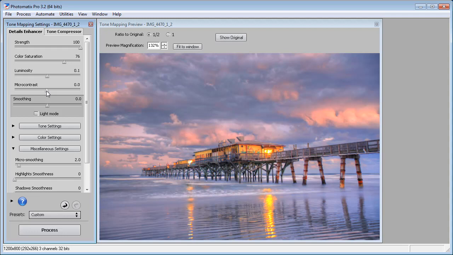Micro contrast, I'll crank that up to get more contrast, but I usually keep it around 4 or 5. Smoothing, I actually click light mode and use low setting, and this is actually the first place I go when I start tone mapping my images. Here is click on light mode and then click on low setting. I do that because I get the best results from that, and, you know, do what works best for you. Okay, so for tone settings,